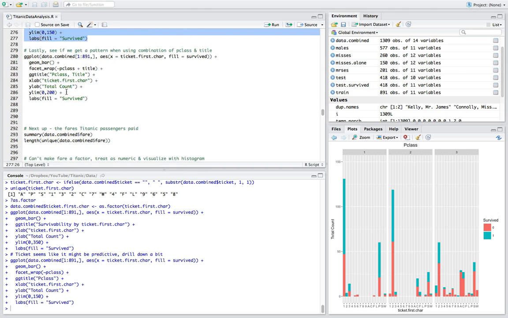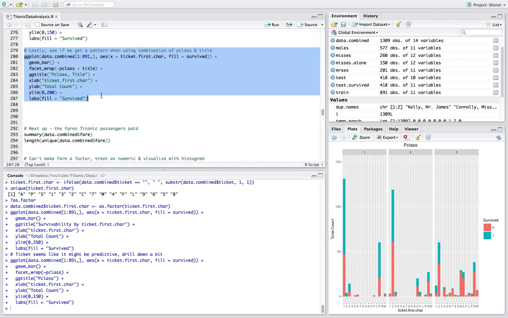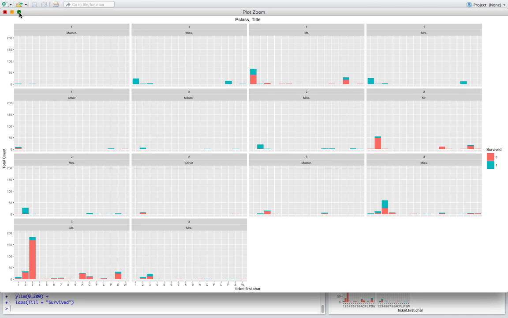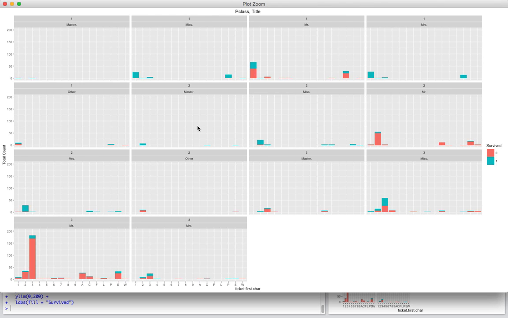So what I'm going to do is take advantage of what we've done to date, which we saw that the most predictive variables that we've seen so far are the combination of P class and title. So let's take that pivot here. Okay, and it takes a second to run, and we'll go ahead and zoom in, and I'll just full screen that. Okay. Now this one's a little harder to read, but I think it's also a little more